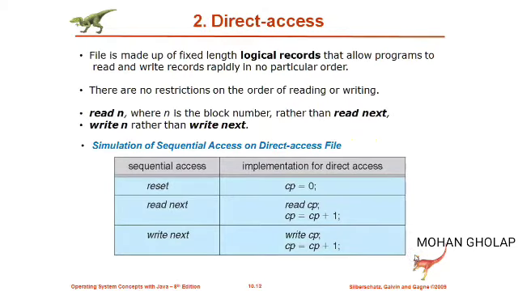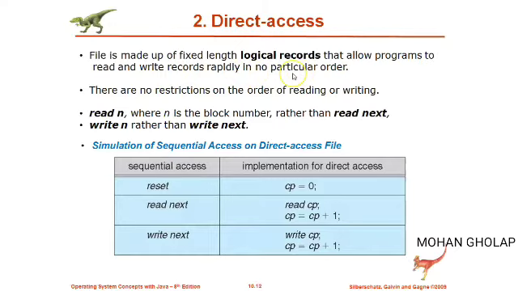So the next access method is the direct access. As the name itself indicates, the file contents are accessed directly. So how is it done? For this direct access, the file is made up of fixed size or fixed length blocks. These are called logical records, which allow the programs to read and write the records rapidly in no